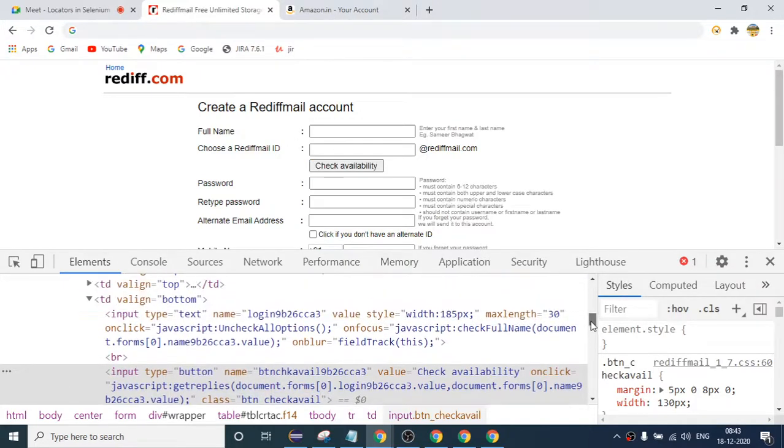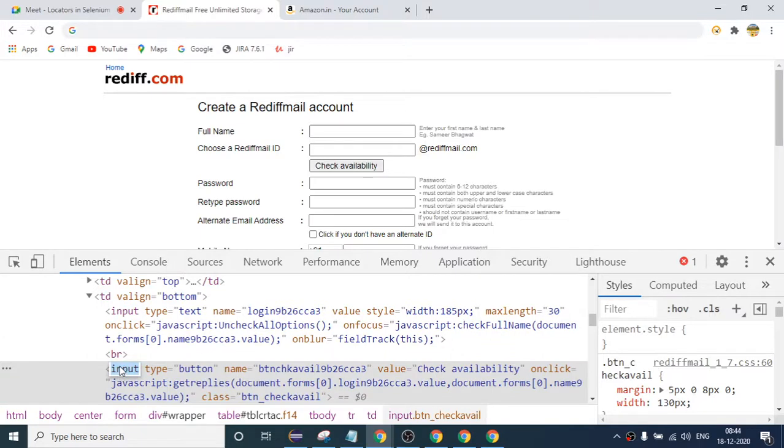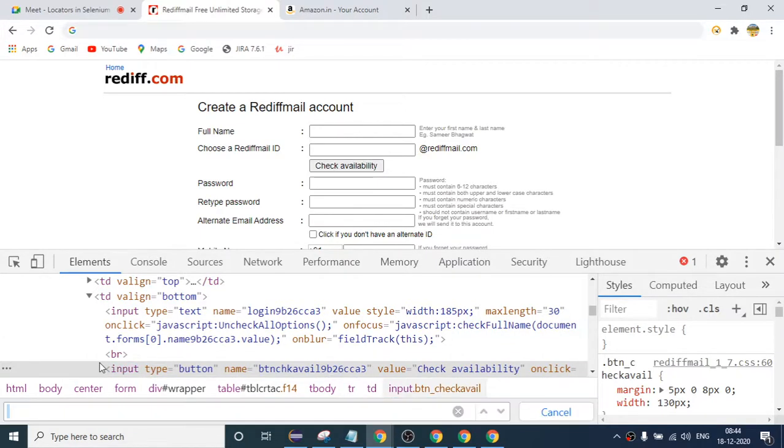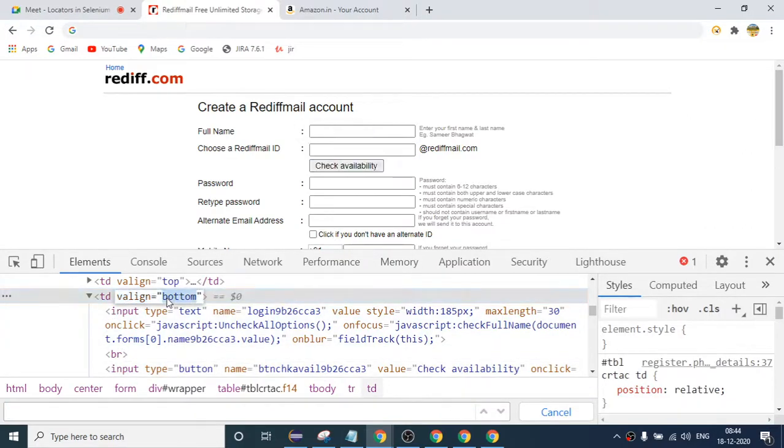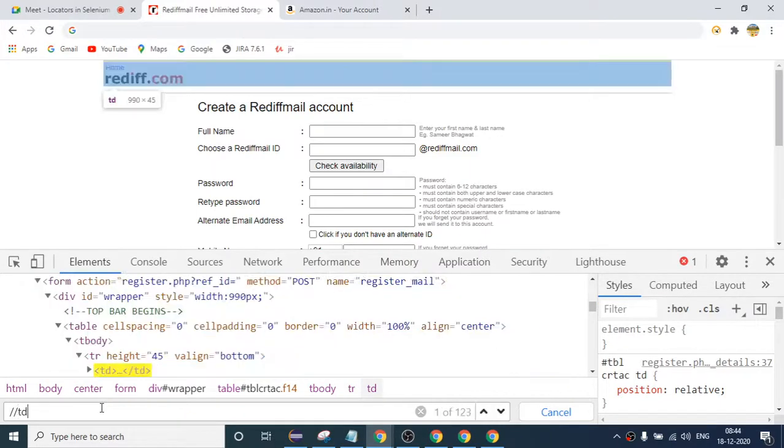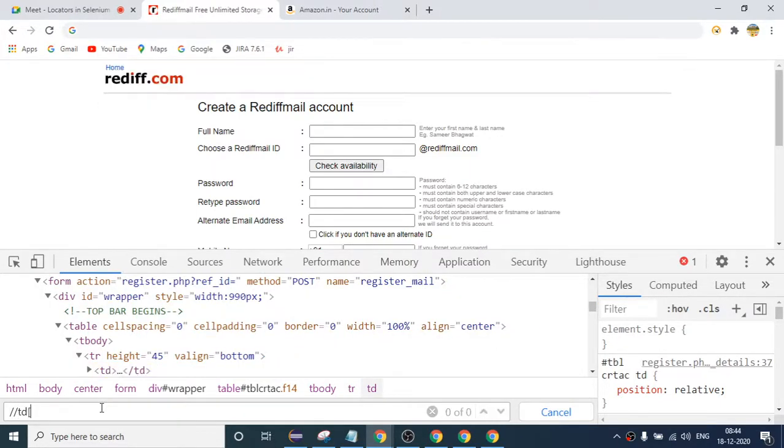You can write the xpath from an element that stays constant, because some of the elements will be constant on your website. Suppose this is constant; once you write the xpath for it, you can come to the child. Tag names most of the time will not change. If they are changing, then there is some issue with your website, and you can point out the issue. So first I will write the xpath for the parent. We have already seen that.